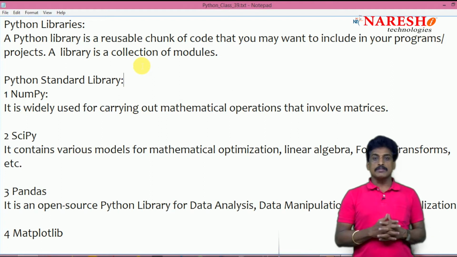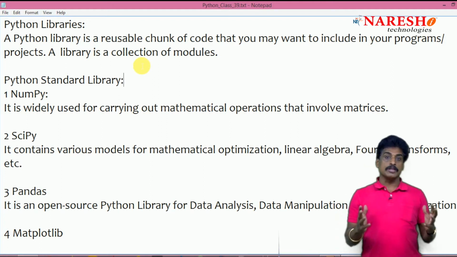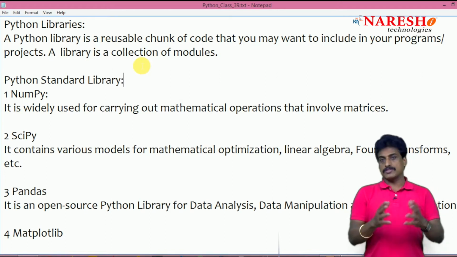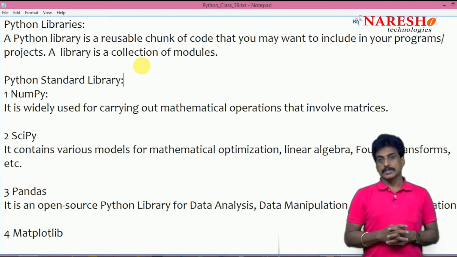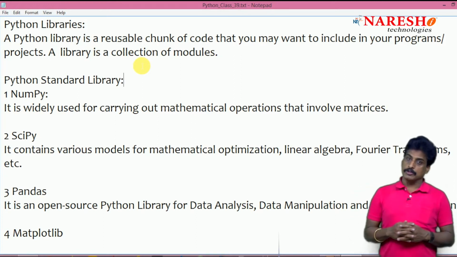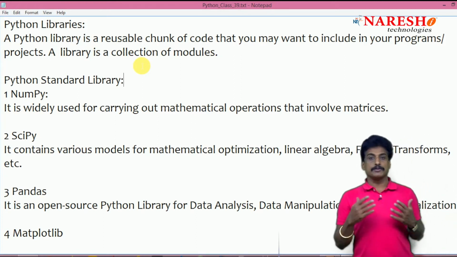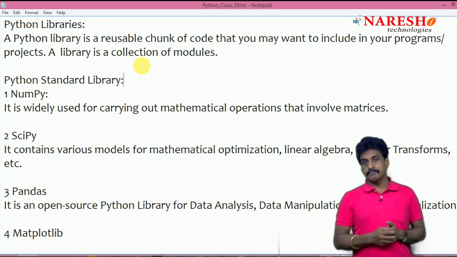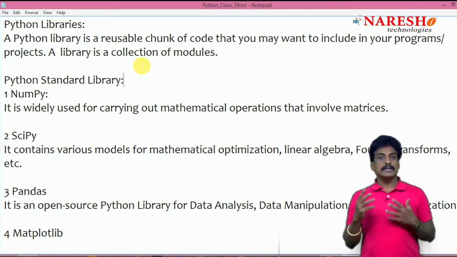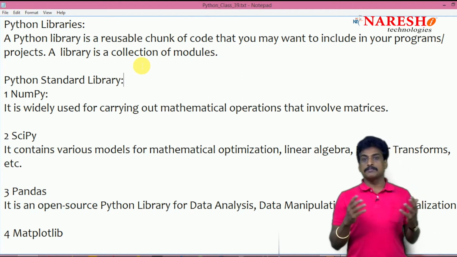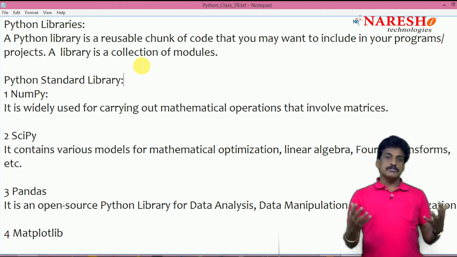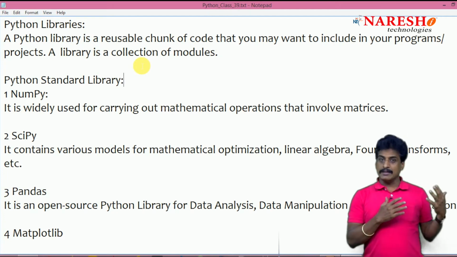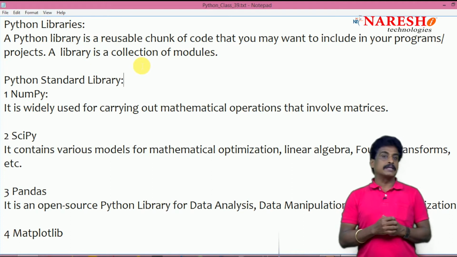The second one is a module, which is nothing but program reusability. Every saved file with the .py extension is called a module. So every Python program is a module. A module is a kind of program reusing one program in another program. What is a library? It is pre-designed by third-party companies or third-party vendors. But this is also a kind of code reusability. So, like a module and a library, there is no big difference.